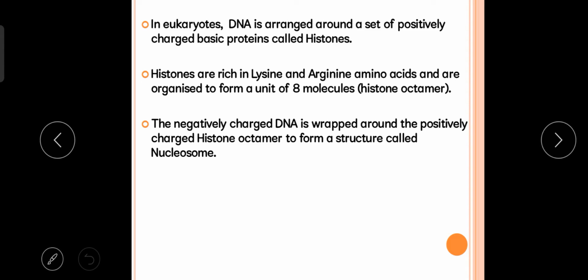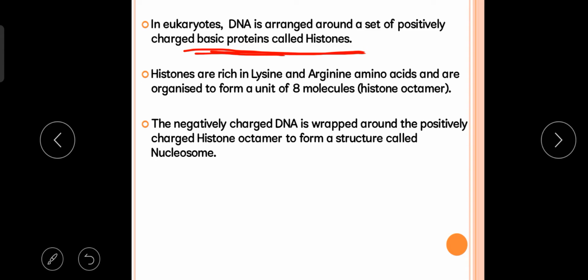and it is found in the structure of the nucleosome, which is our topic today: the structure of the nucleosome. The DNA is found wrapping around a basic protein called histone protein. Remember, DNA is found in the chromosome, and chromosomes are present inside the nucleus. Wrapping means surrounding. So the DNA is found wrapping around basic proteins called histone proteins.